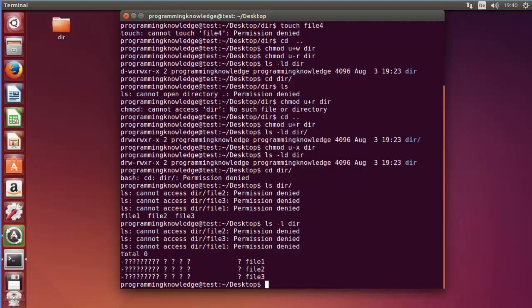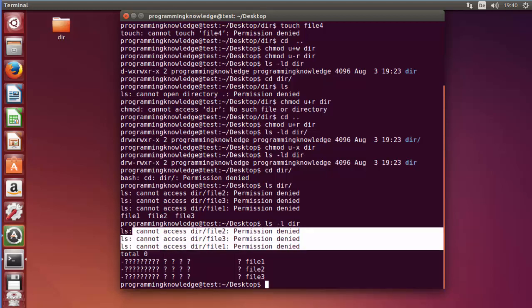So this is how you can change the permissions of a directory, and this is how changing the permissions of a directory behaves. These are the consequences. If you remove the execute permission, you cannot change the files, and you cannot even view the permissions of the files.